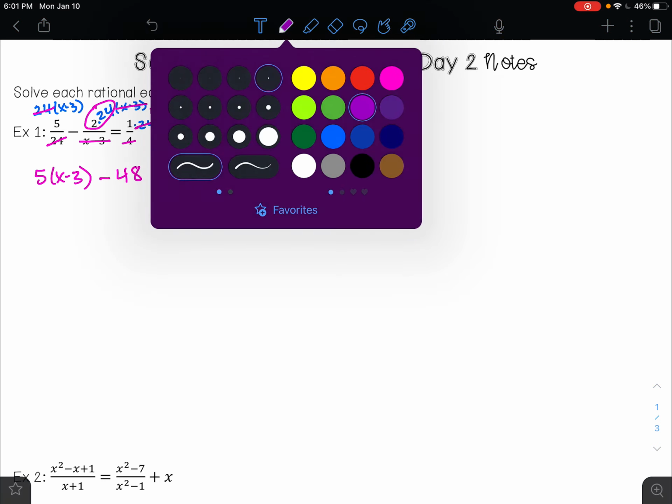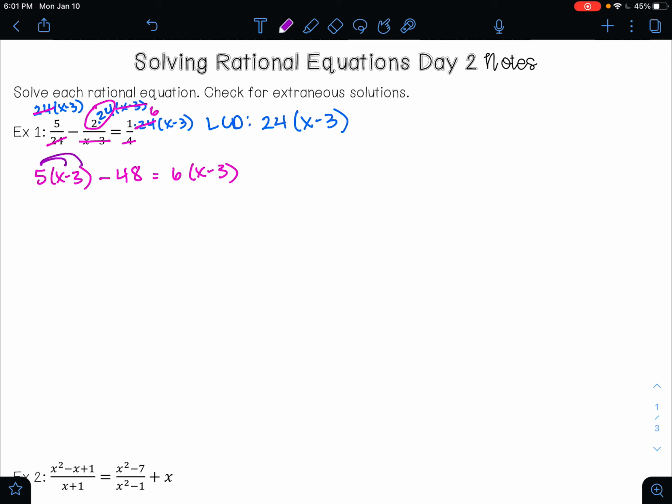My next step is going to distribute. So 5 times x is 5x, and 5 times negative 3 is negative 15. Bring down my minus 48. 6 times x is 6x, and 6 times negative 3 is negative 18. My next step is going to be to combine like terms. So I'm going to have 5x, and then I'm going to grab my calculator. And in my calculator, I'm going to do negative 15 minus 48. And I get negative 63